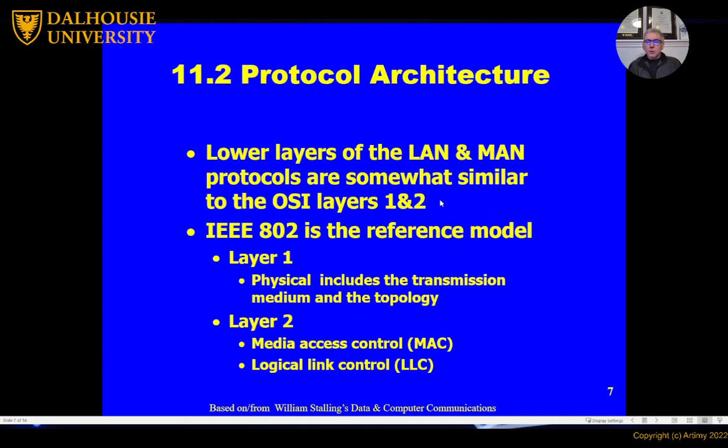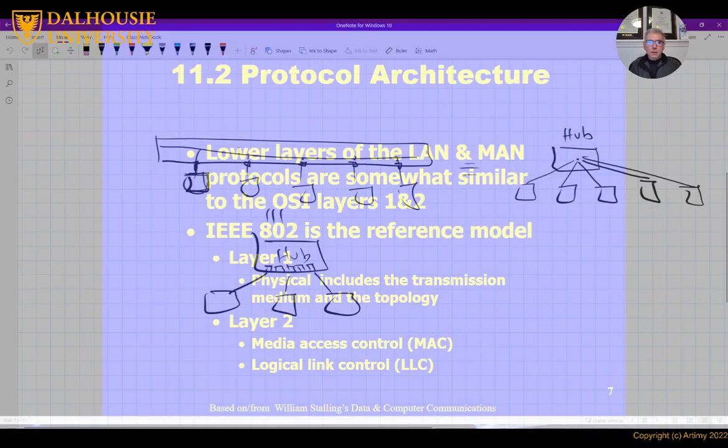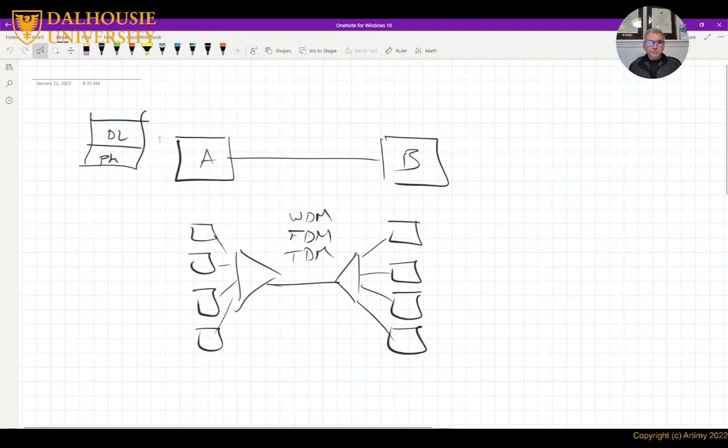Okay, so to solve the issue of collisions, we have to introduce something else to the layers that we talked about. So we talked about 7 layers, right? And I said that the data link layer is responsible for making sure that the frames can go from A to B, or from one node to the other, correctly.